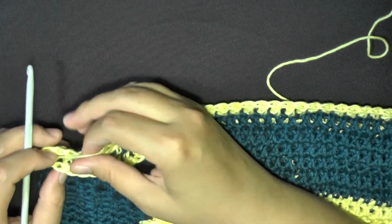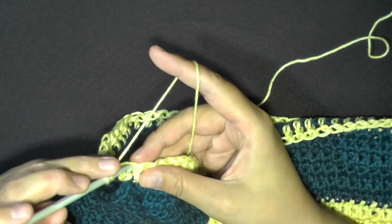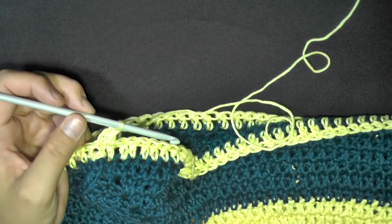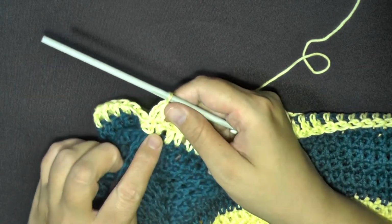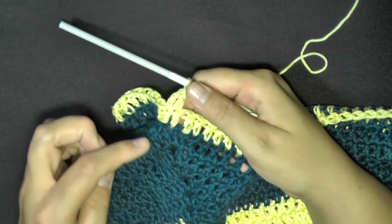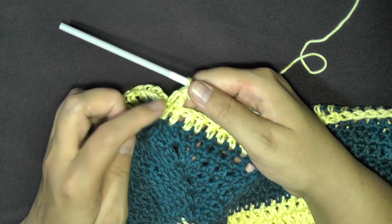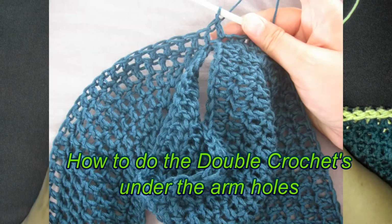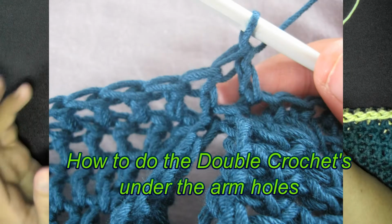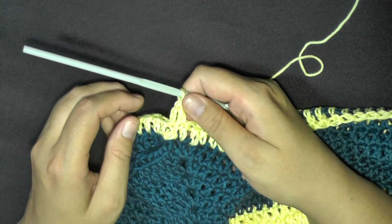So what I want you to do is go ahead and chain 2, and then in the next stitch start doing your double crochet. Put 1 double crochet in all your stitches around. The rows that we did here were like 6 rows. So this one that we just did was row 7. So now you're about to do row 8. Row 8, you just want to put 1 double crochet in all stitches around and then slip stitch back into the beginning stitch. But because I'm going to save time for this tutorial, pause the video, do that, and then